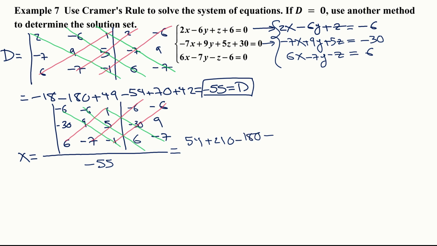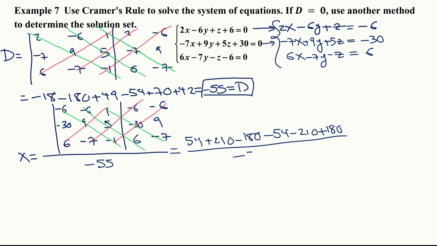Now for the red group, we're going to subtract this, which is 9 times 6, so that's minus 54. Here we're going to have 30 times 7, that's 210, and it's negative times negative, so it's positive, so minus 210. And here we have negative times negative times negative, which is going to be negative 180, so minus negative 180 becomes plus 180